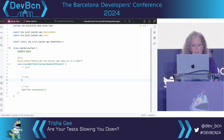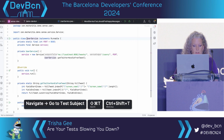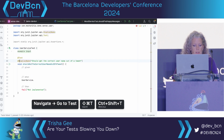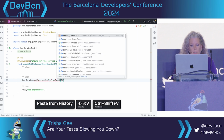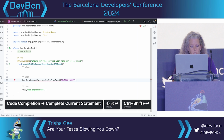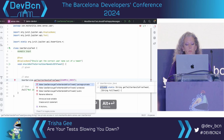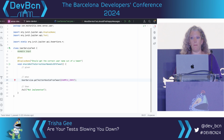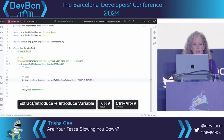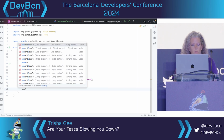So now we're going to say user service dot. I don't actually have the method I want. I'm going to use copy and paste, which I don't usually like, but that's the right thing to use here. Put in the example input. Going to use F2 to go to the error. Going to use IntelliJ to fix the error. So the error is, this is a private method. I'm going to make it package private for testing. Let's not have the argument about testing private methods right now, because that's way beyond the scope of this presentation. So then let's get the handle out, and I want to assert equals